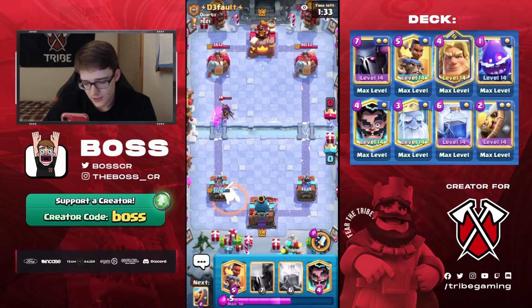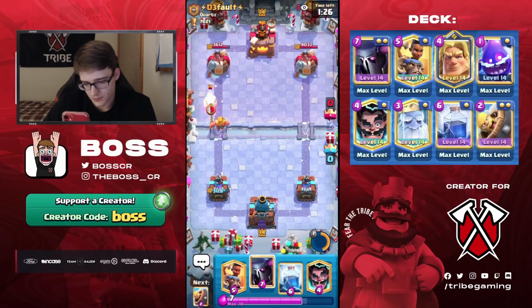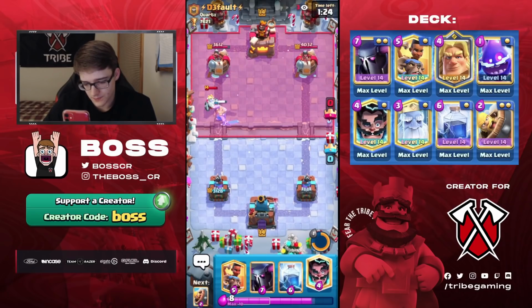So, Queen is just going to kind of almost die there. I'm surprised he's not even going to use the ability. That is very, very interesting. I'm surprised that he didn't use it for some reason. Go Ewiz now, and